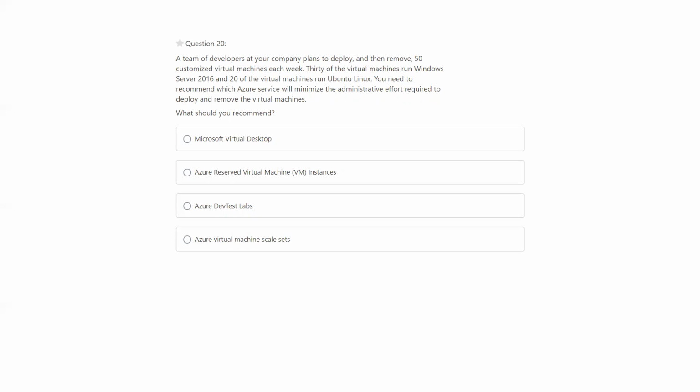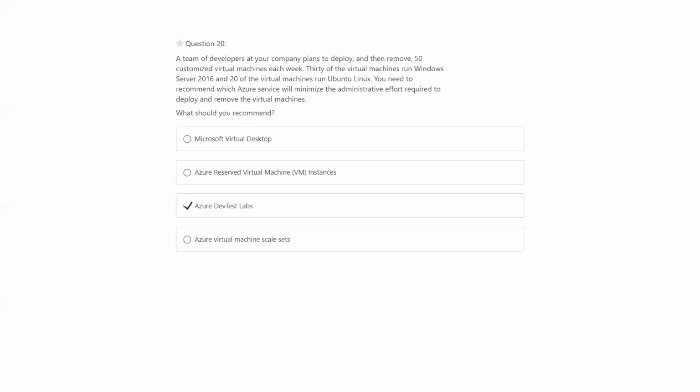Here we were talking about ready-made, tested scripts, so you don't need to spend hours building the script. We were talking about Azure DevTest Labs, which provides ready scripts that you can use to deploy to the servers. Because you have 50 servers, Azure DevTest Labs is the answer.